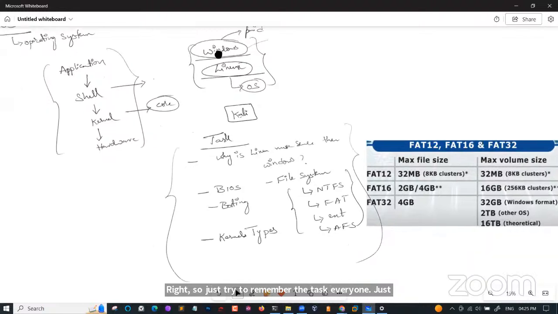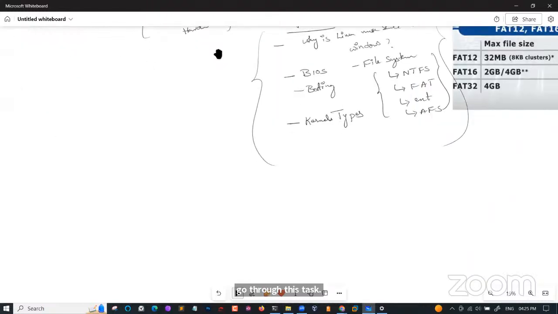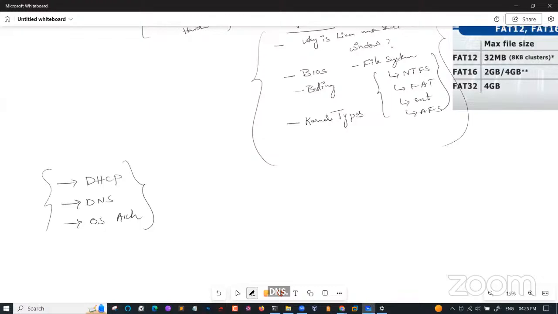Okay. So what we discussed in today's session: we discussed the DHCP protocol, DNS, and OS architecture. Right. So tomorrow we'll go with the hypervisors,